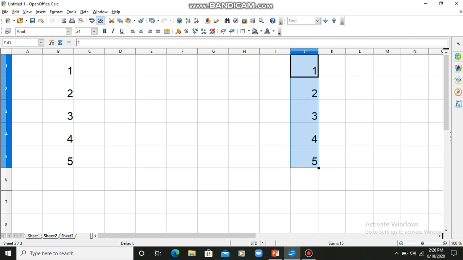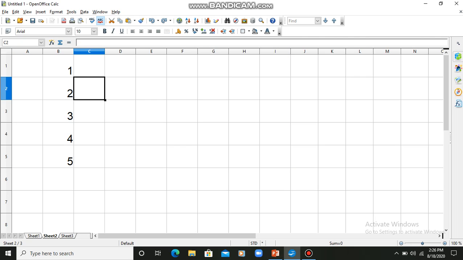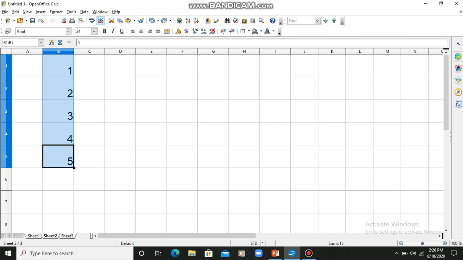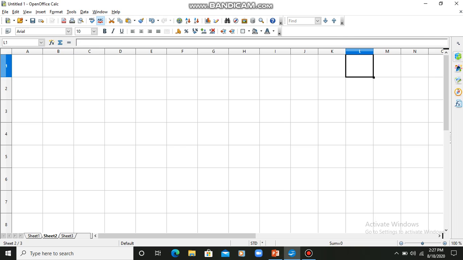But if we want to move data from one location to another location, we need a cut option. So what I'll do, I will select my data first, and from here I can just make use of Ctrl+X. See, my data is not available here, and if I want to paste it to a different location, then I'll just do Ctrl+V. See students, so I have completely moved my data from one location to another. Now data is not available in the original location, but in copying the data was available in both the locations.